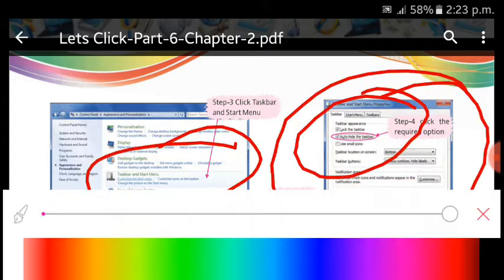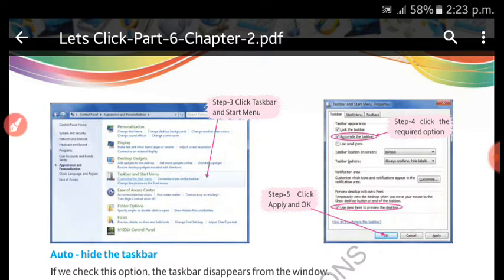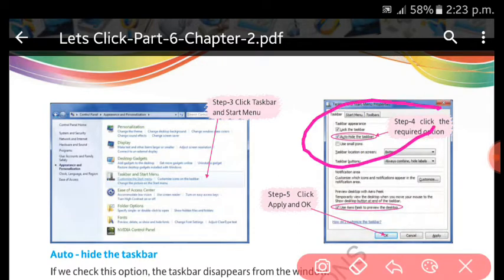So what will happen with these two options? Auto hide the taskbar means if you bring your mouse cursor downside, only then it will appear. If you remove the mouse cursor, it will disappear. This is the work of auto hide the taskbar. In case of arrow peek option, whatever windows are open on your screen will become transparent. Suppose you have opened MS Word, MS Paint, MS Excel, MS PowerPoint, all are open.